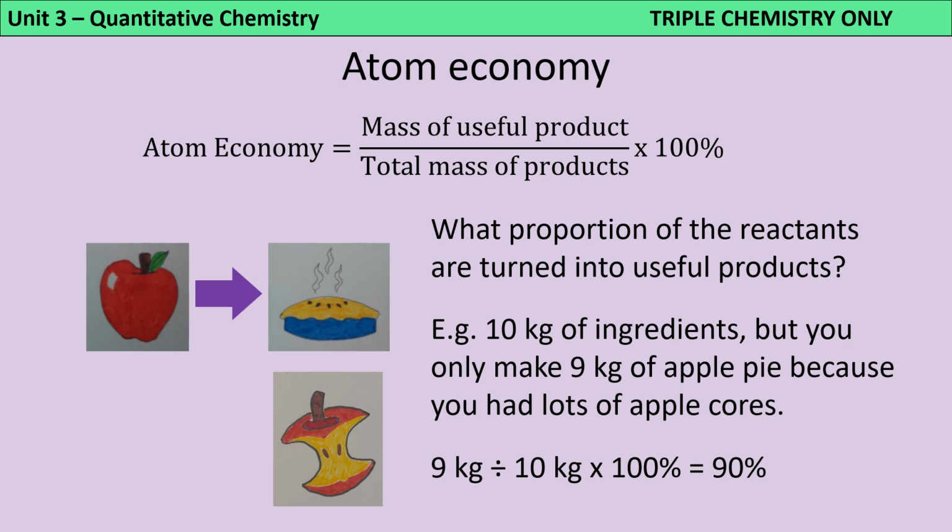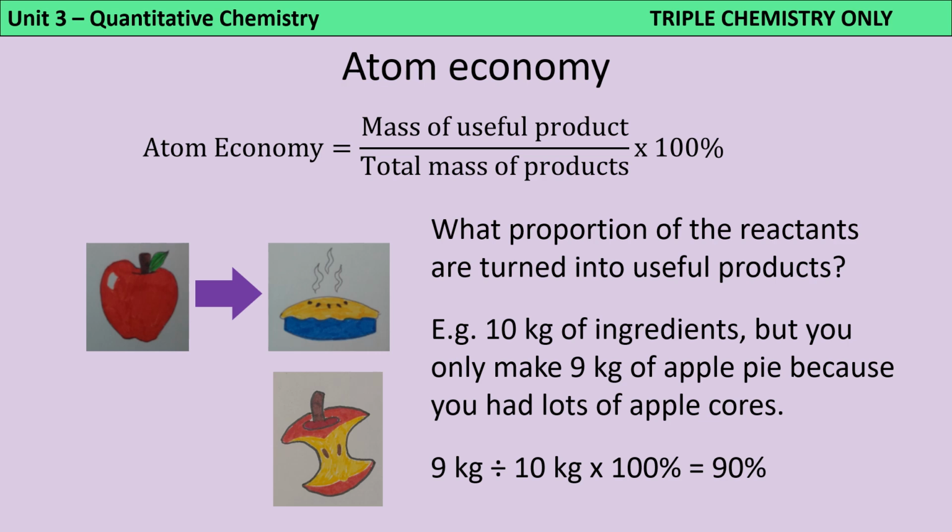Atom economy is a theoretical calculation. In other words, it's one we can do without any real-life data. We do it based purely on the symbol equation. And what it tells us is what proportion of the reactants we put in have ended up as useful products. You can almost think of it like efficiency for chemists. So what we're going to do is compare the mass of the useful product with the total